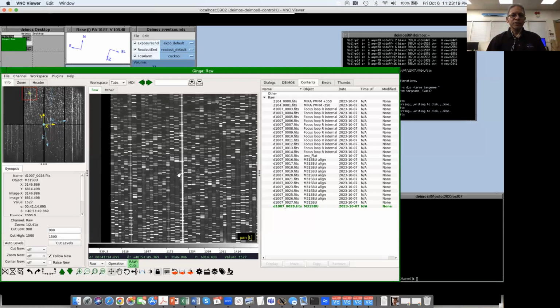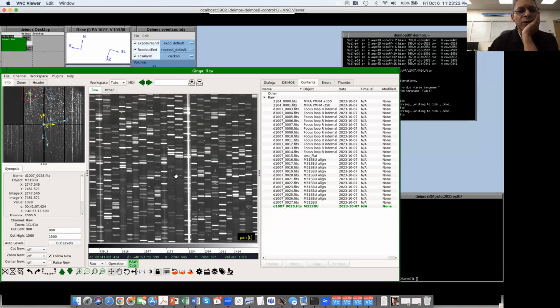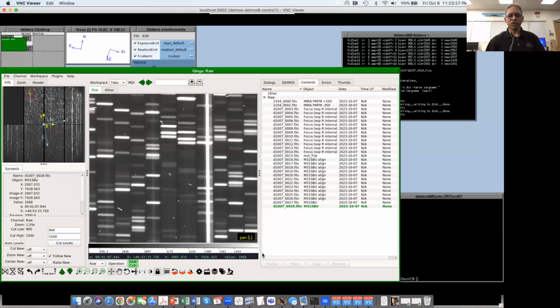So I'm going to zoom in on this a little bit, just to see. And you can see that with a little bit of scrutiny, not imagination, every one of these has a faint or in some cases obvious vertical stripe down the middle. This is the light of a star. I'm going to change the